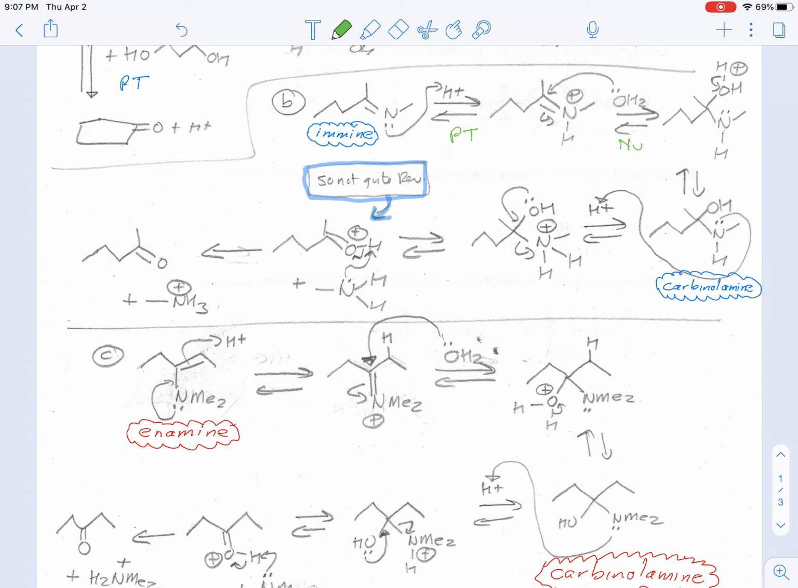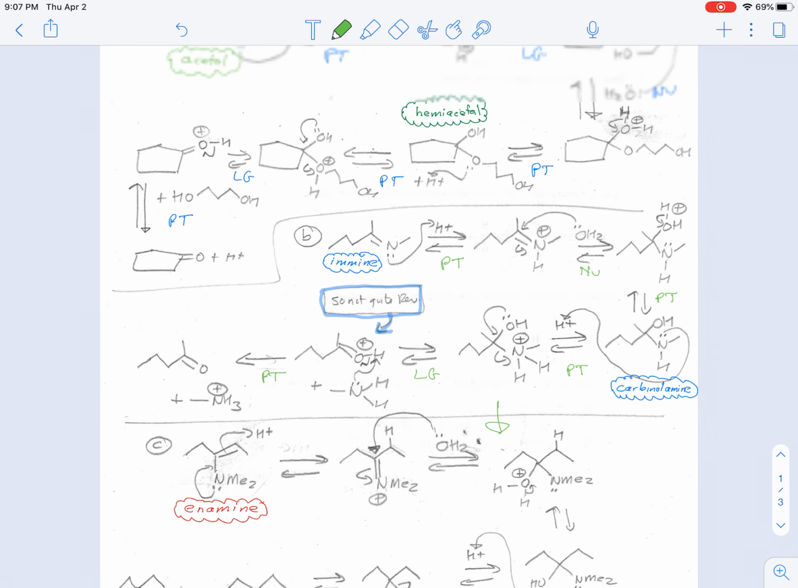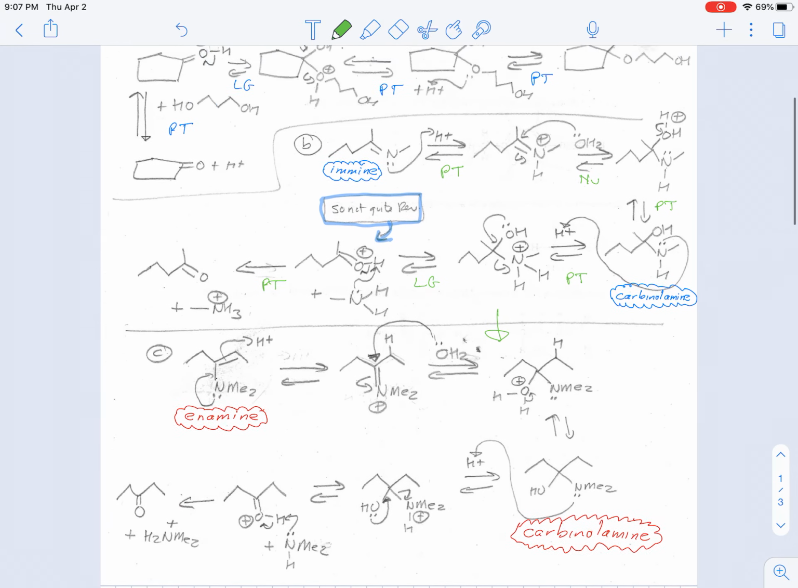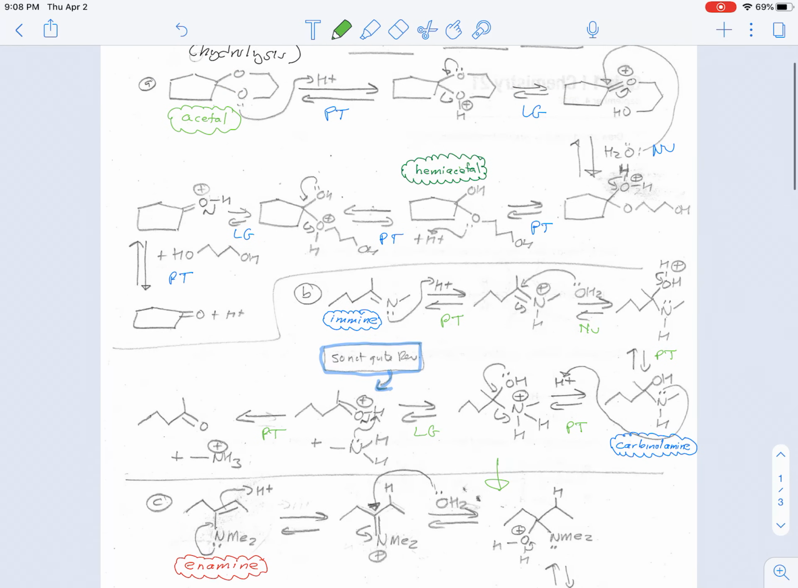Do it in a slightly different color. So we have a proton transfer, nucleophilic attack, proton transfer, leaving group leaves and resonance, proton transfer. And those would be the exact same steps down here. And if we can also compare it to that, and they're not quite the same there. So that's this